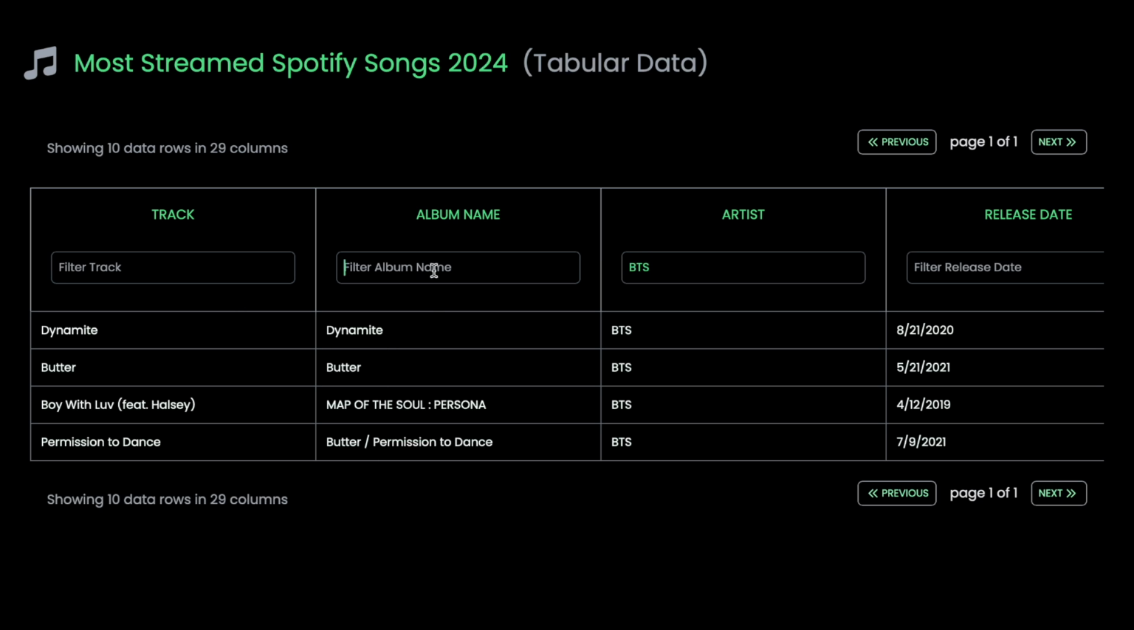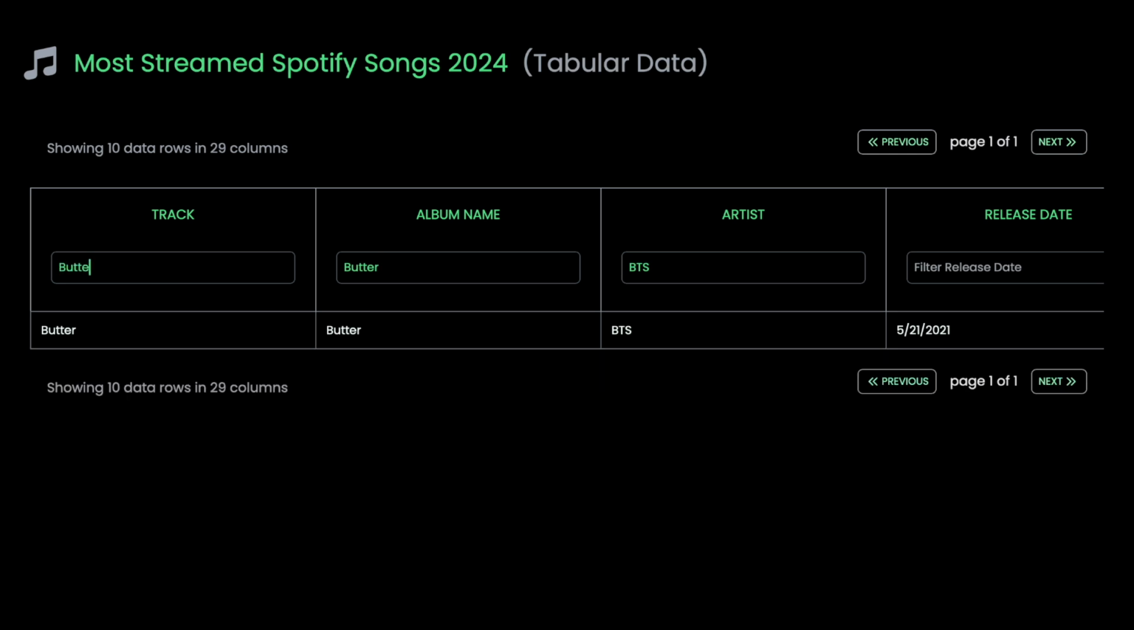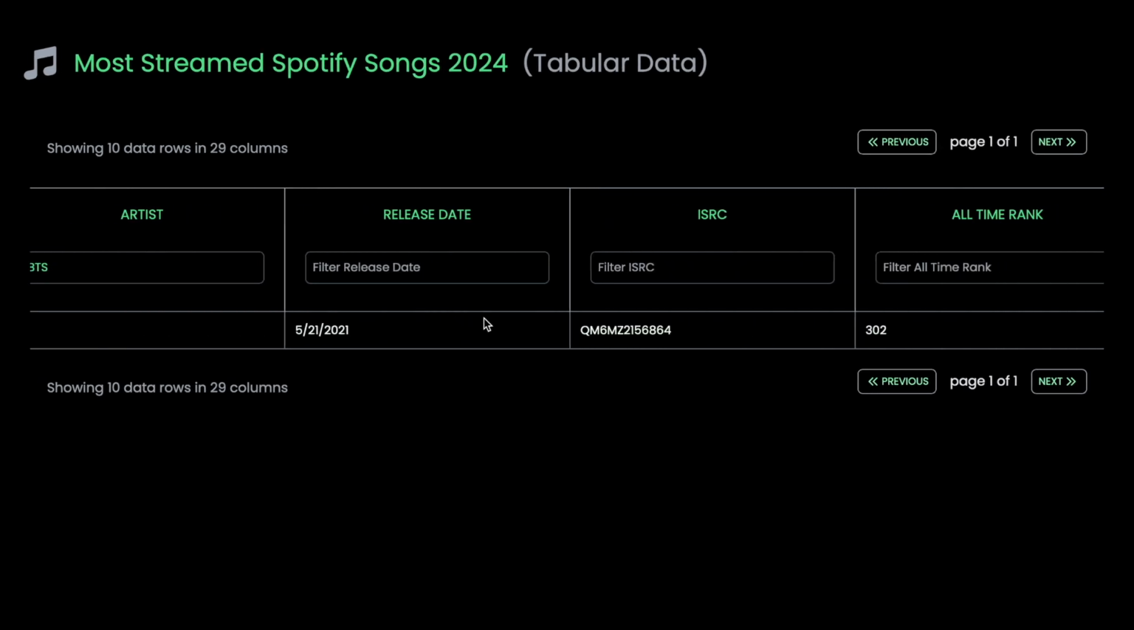So here I want to write an album name. As I write Butter, you can see the 2 tracks containing the album name Butter are now shown on display. Both our artist filter and the album name filter are working fine. Now in the track, I want to search only for Butter. Now you can see all the filters are working equally and we can find the particular song name here, album